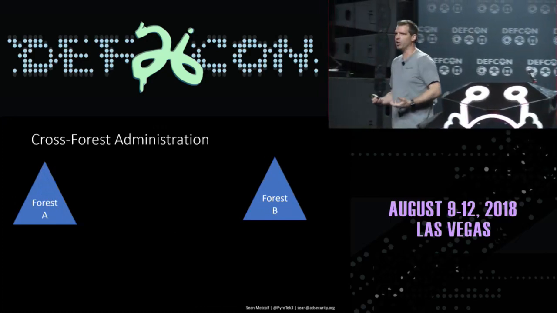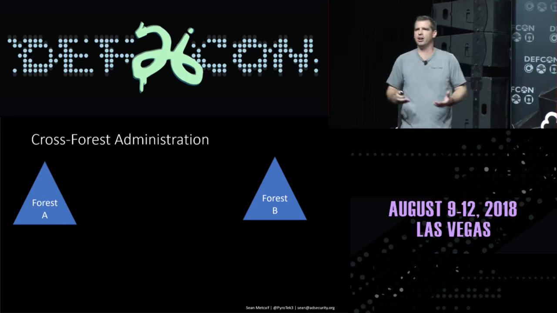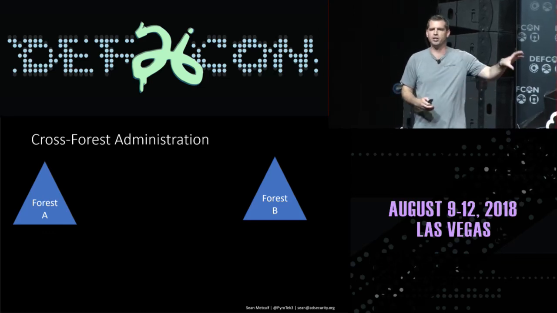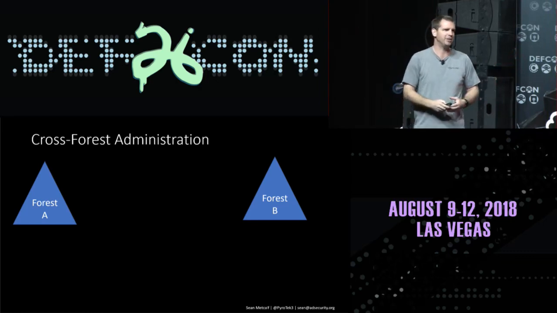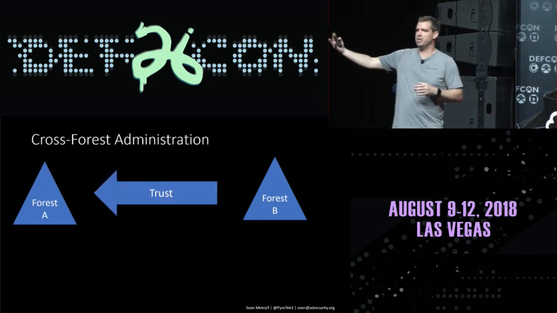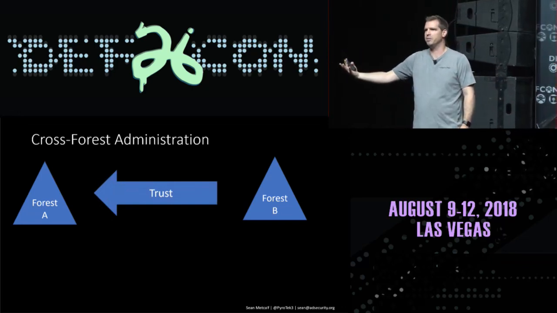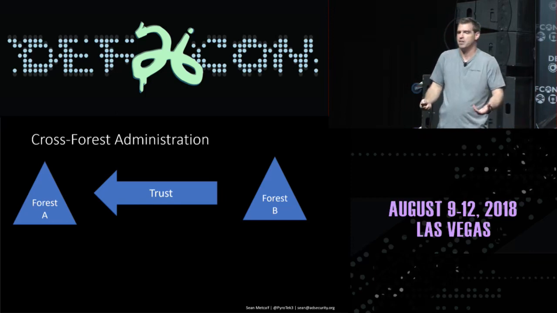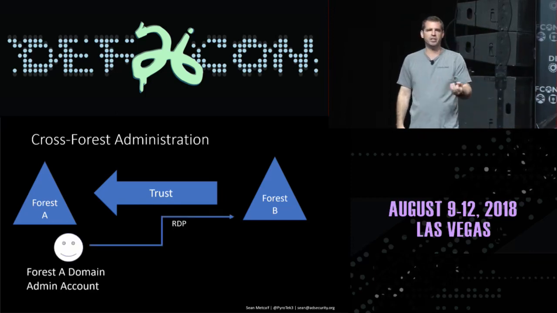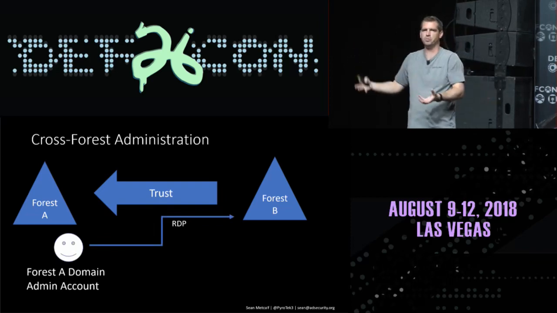And the problem stems from cross-forest administration. A lot of organizations have multiple forests. Well, not a ton, but a bunch of them do. And so they have their production forest, Forest A, and they have their other forest, Forest B, because I'm really creative in my naming. And there's a trust from Forest B to Forest A. This untrusted, lower level of trust forest, Forest B, trusts all of the accounts in Forest A to connect to it, connect to resources. So how is this set up? The users in Forest A connect in. That means that we can have a domain admin in Forest A actually administer and control and manage Forest B.